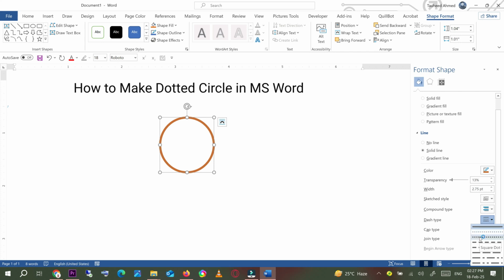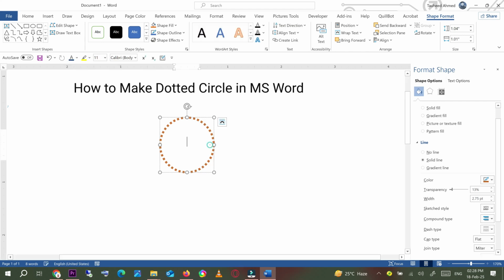the square dotted, and here you can see that the square dotted is inserted. And if you want to change it to the circle dotted, you need to click on that. And if you want to add anything in the circle, just right click on it, click on Add Text and write